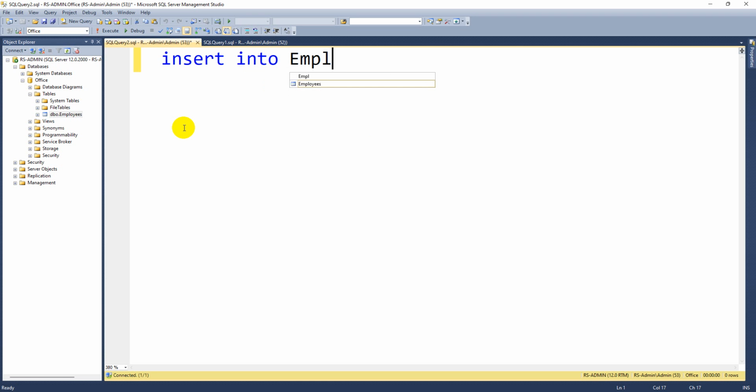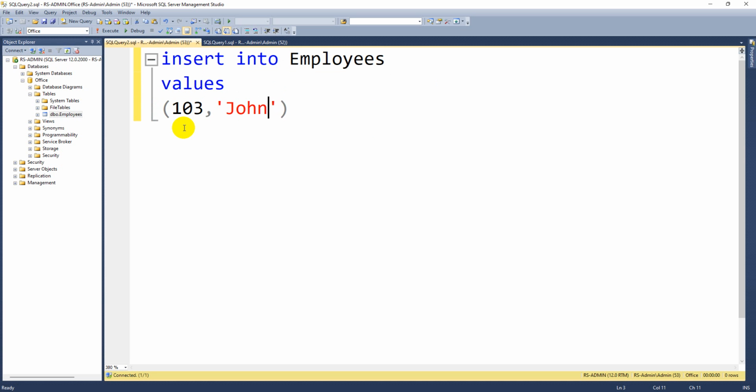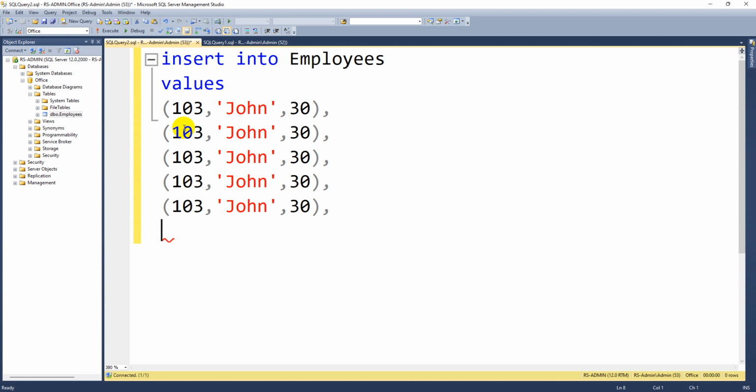So insert into the table name employees, values. Here I can pass some 103, some name. So by keeping a comma like this, you can insert multiple rows in an SQL Server. In SQL Plus, whenever we are learning at the initial stage, that's not going to support such kind of syntax, but this will support.